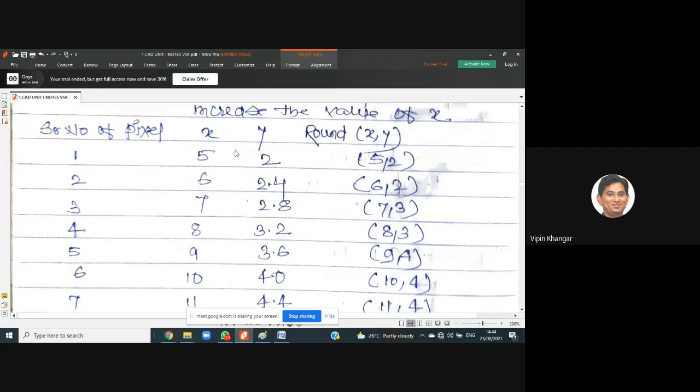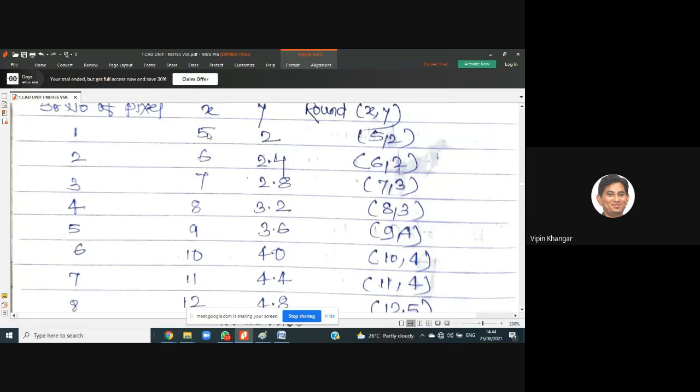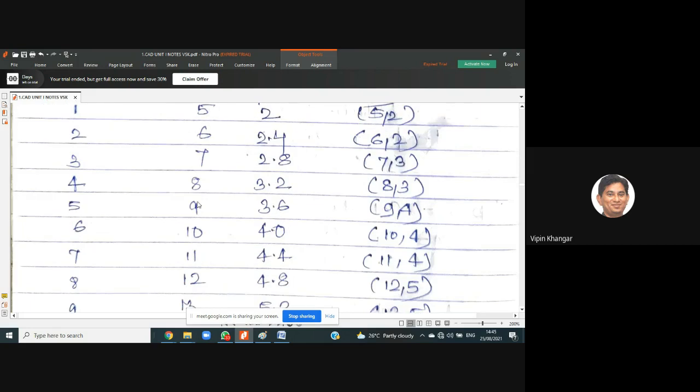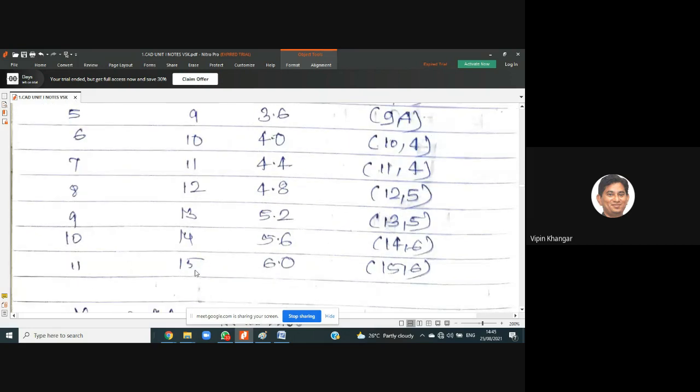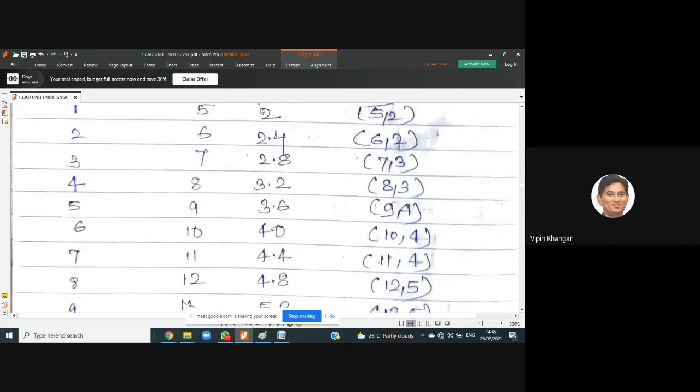Now see, this is the incremental in x because slope is less than 1. So 5, that is the initial point, pixel number 1. So here the next point is x equal to x plus 1. यहाँ पे हमने x plus 1 किया, तो ये आ गया 5, 6, 7, 8, 9, 10. तो ये 11 values we require to calculate, and this is your final answer.